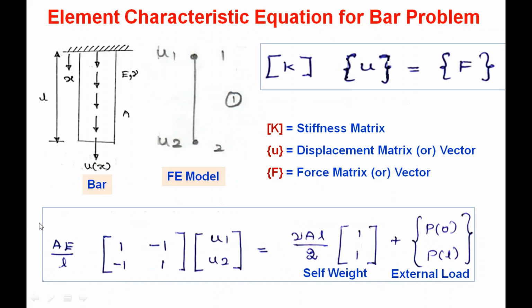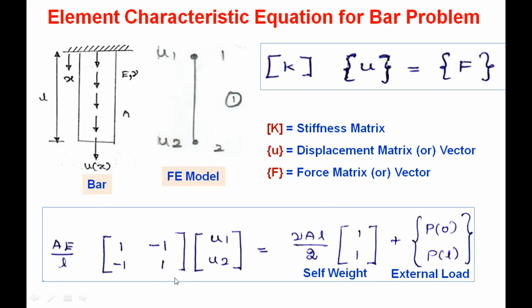In the previous parts, by using this one-dimensional line element, we derived the element characteristic equation for a bar problem. When we choose the element, we are assuming that this finite element has a uniform cross section throughout its length. So that is why in the case of a bar of uniform cross section, we can easily use this one-dimensional line element. When we use this line element with 1 degree of freedom at each node, then when we derive the element characteristic equation, the general form of the equation will be like this: stiffness matrix multiplied by displacement matrix is equal to the force matrix.